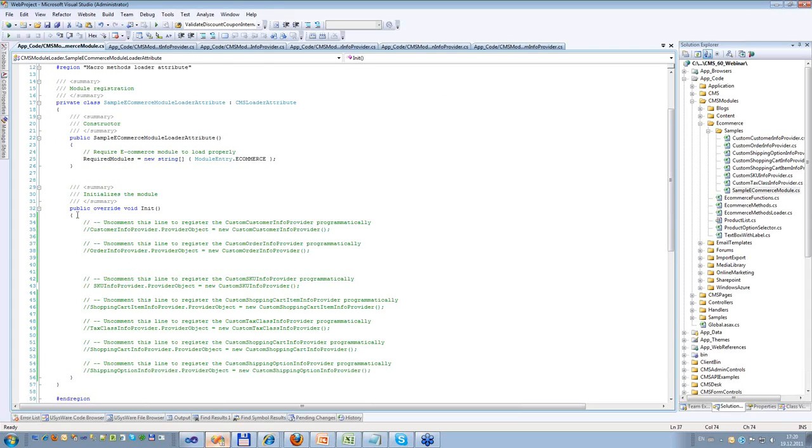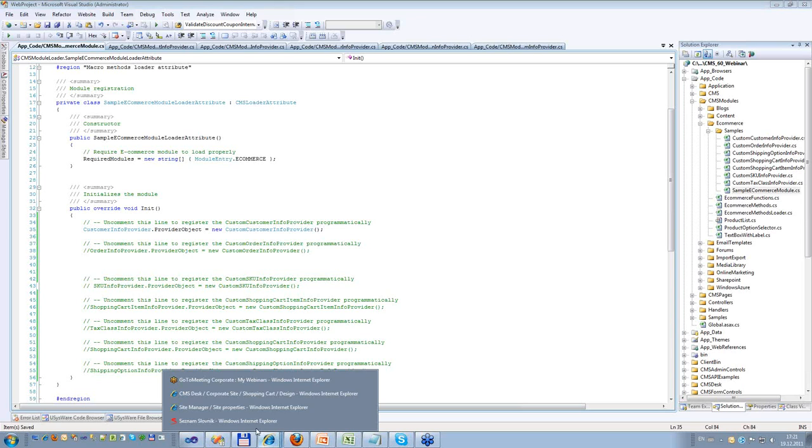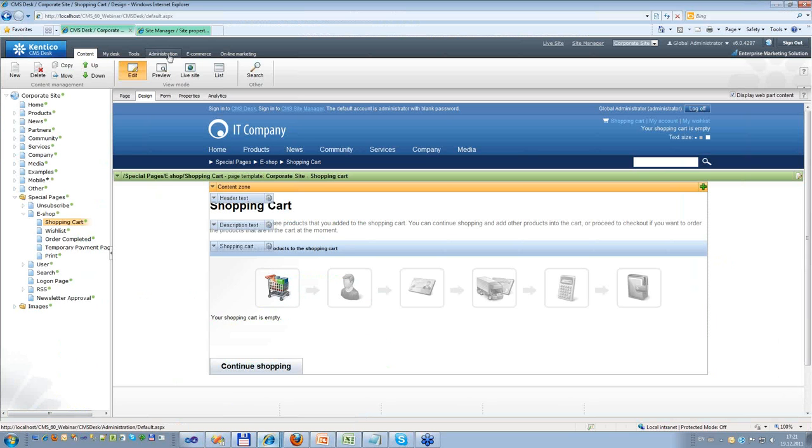Here I have already prepared the registrations, so all I need to do is uncomment this line. As you can see, it is the assignment of my new custom provider to the provider object of the original provider. Once I do it, my customization is enabled and used. So now when I go to CMS Desk, e-commerce,